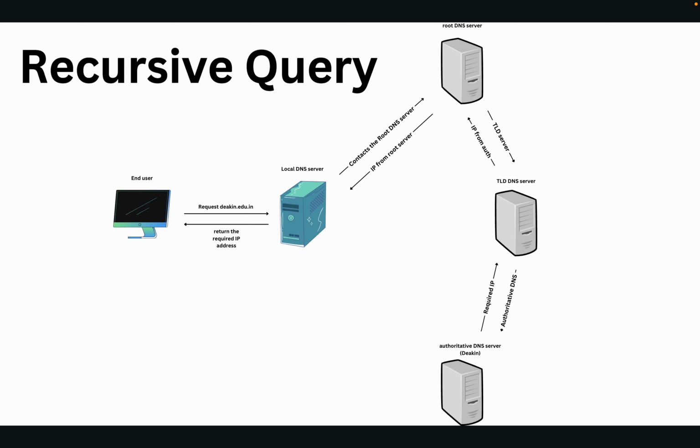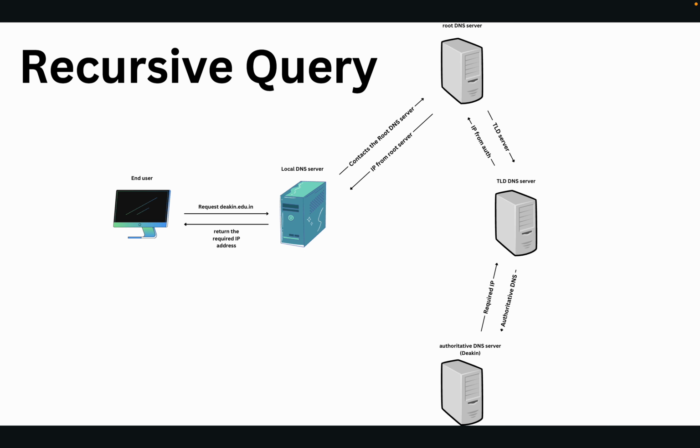Now let's talk about how the recursive query works. So in the recursive query, the end user will send a request that's the same as the earlier one, and then it contacts the root DNS server. But the root DNS server doesn't directly give the address of the TLD servers. It automatically puts a request to the TLD servers on its own to find the IP address, and the TLD DNS server